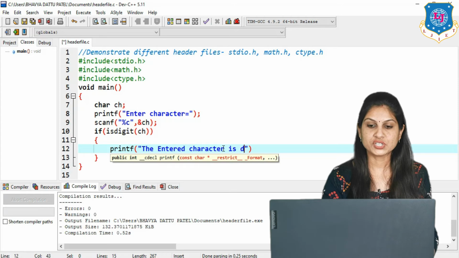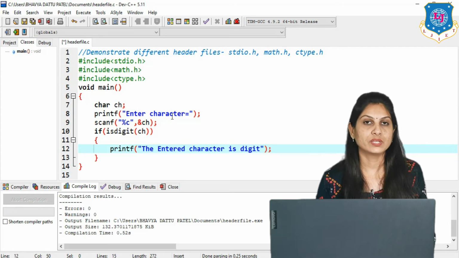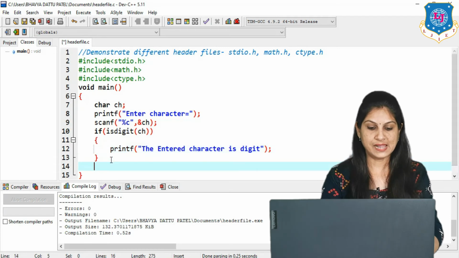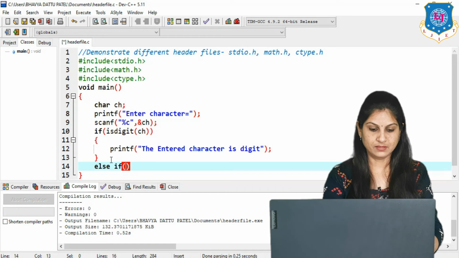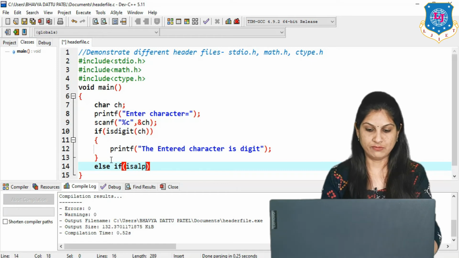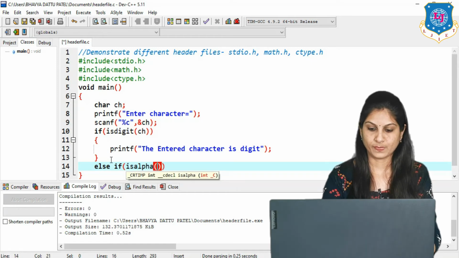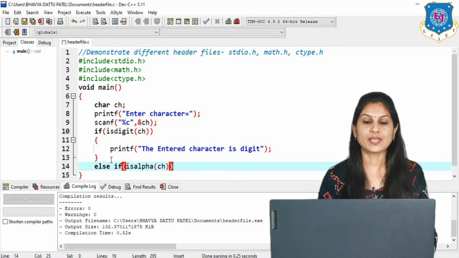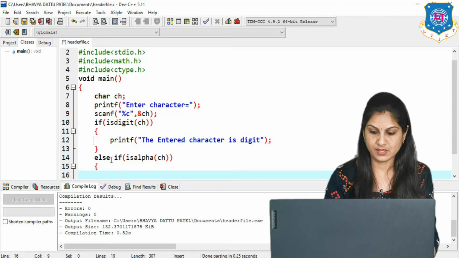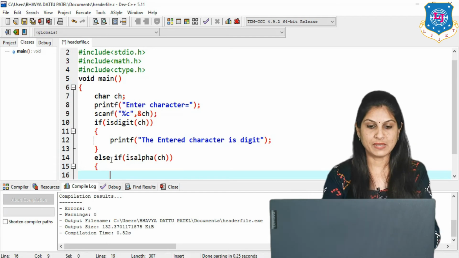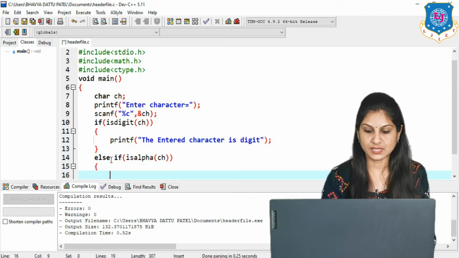But suppose this condition is false, then you can use one more function using else if, another condition, and the name is isalpha, to check whether the given character is an alphabet or not. So the name of the function is isalpha, and inside this function pass the variable ch.